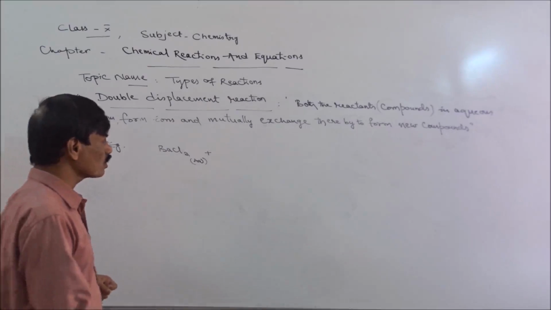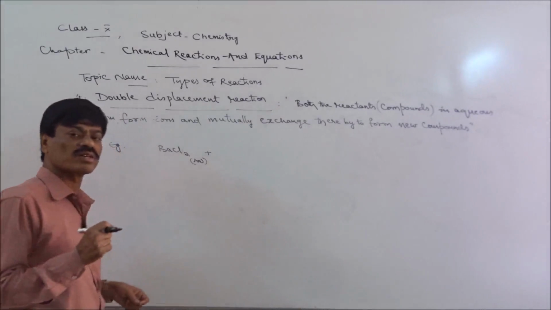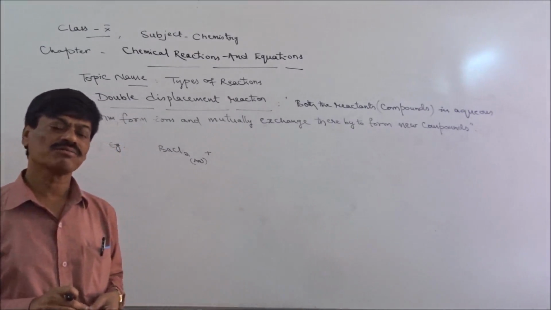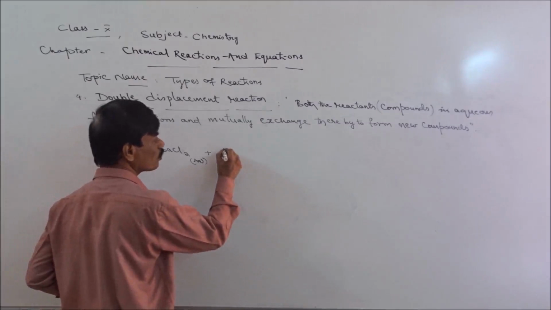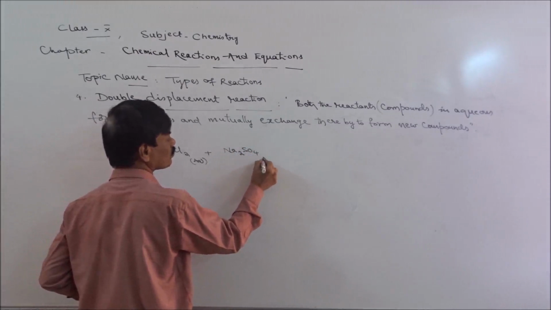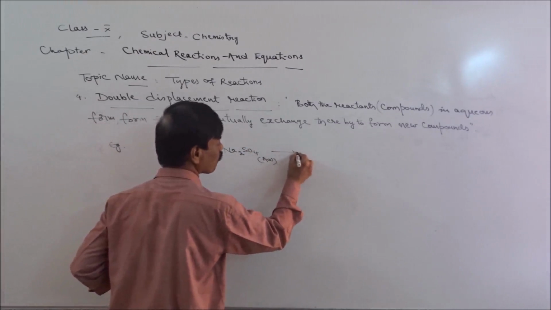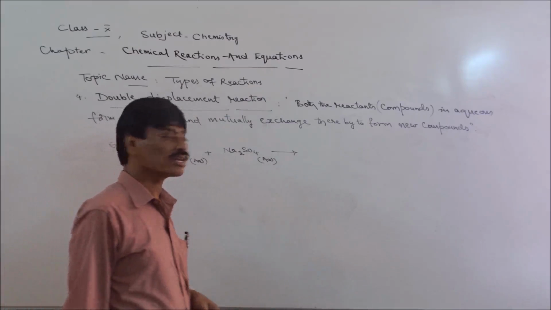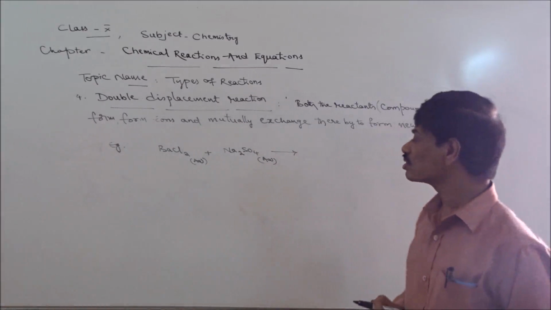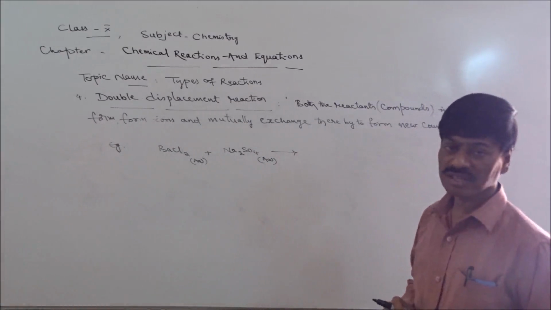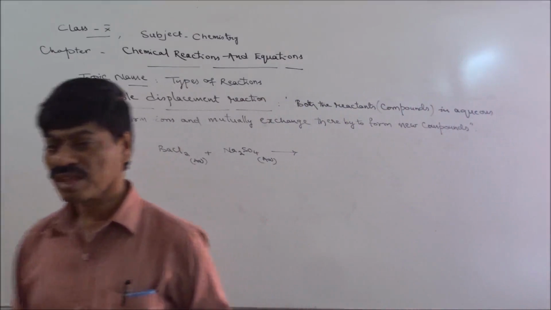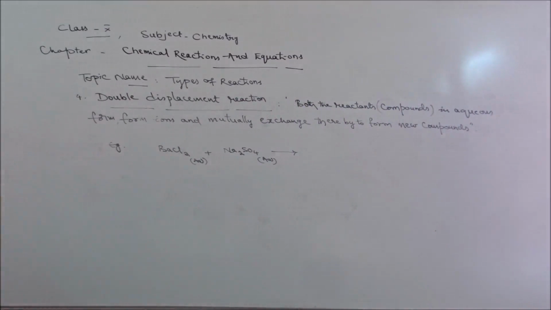So also we will take sodium sulfate, a pinch, a small quantity. In a test tube, we will add a little water and dissolve. As a result, we will get sodium sulfate in aqueous form. Now in one test tube, barium chloride solution is there. In another test tube, sodium sulfate solution is there. Now what we are going to do here, in the case of both the solutions is